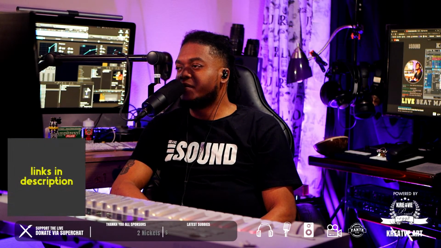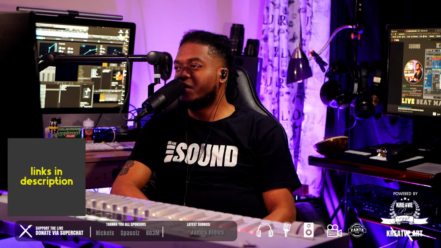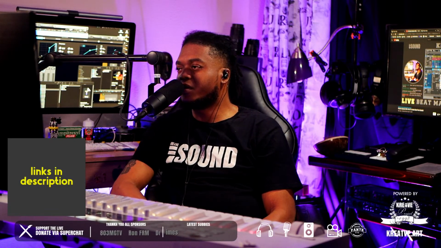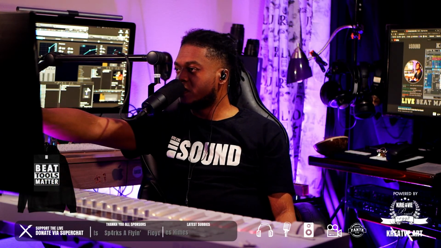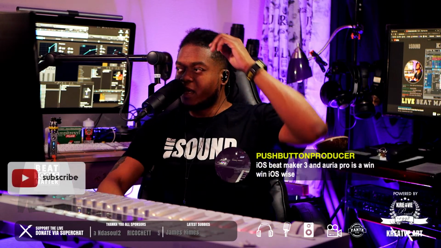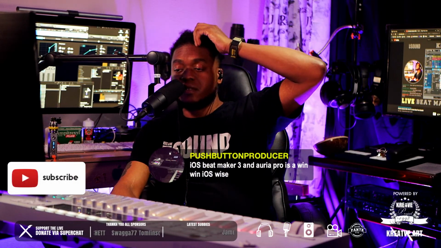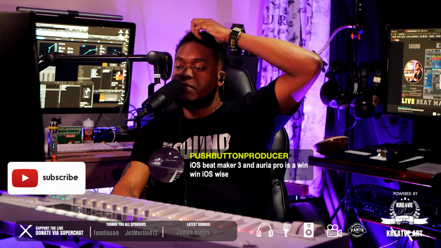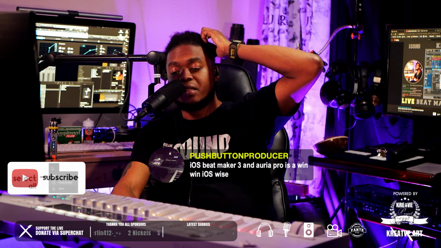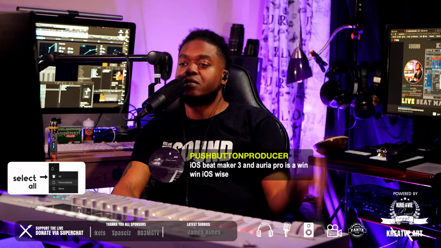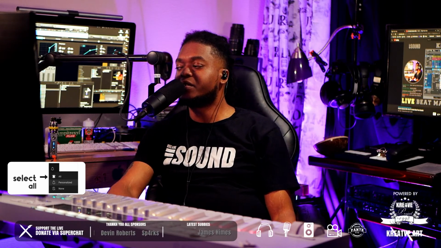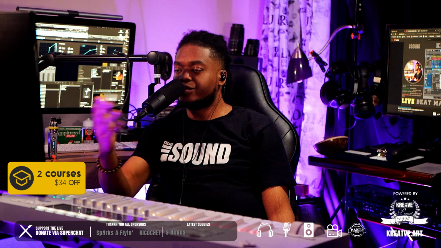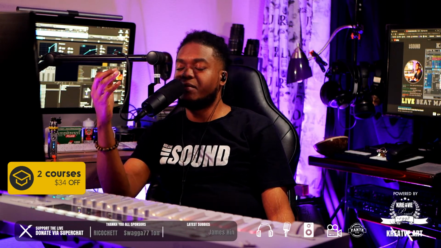The iOS, Beatmaker 3 and Arturia. You mean Arturia? Is that the win on the iOS? Yeah, yeah. Like the mobile game has changed a lot. If you have a mobile app, if you can make beats on your phone, that any day wins because that's where people are. People run businesses, full on businesses through their mobile phones. So if you have the ability to make beats on your phone,